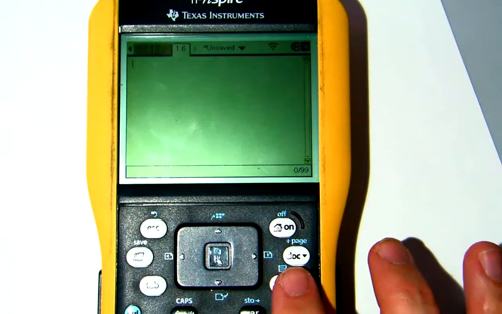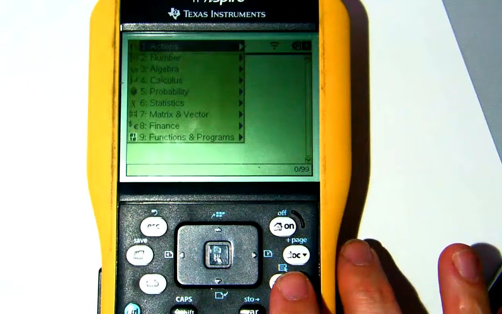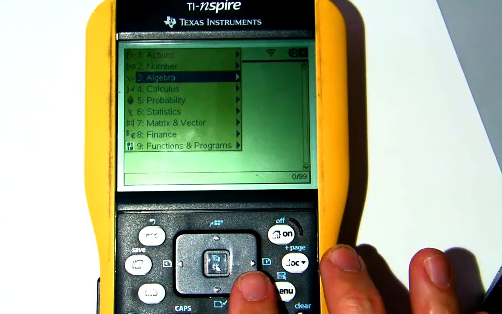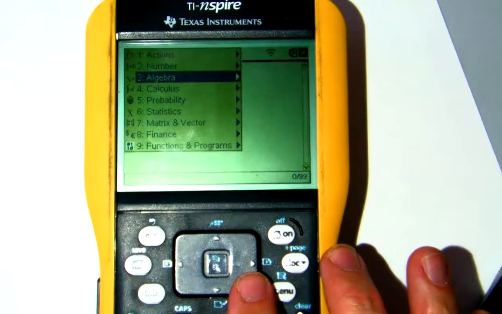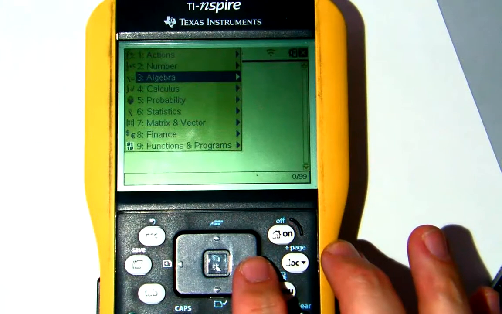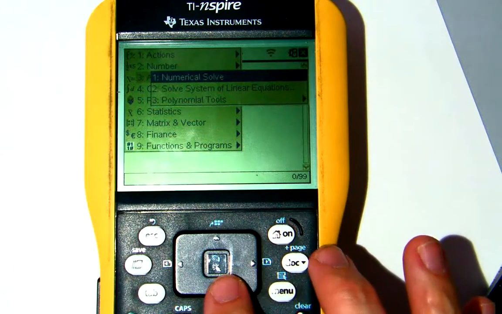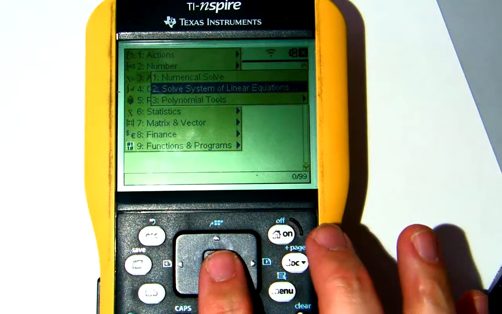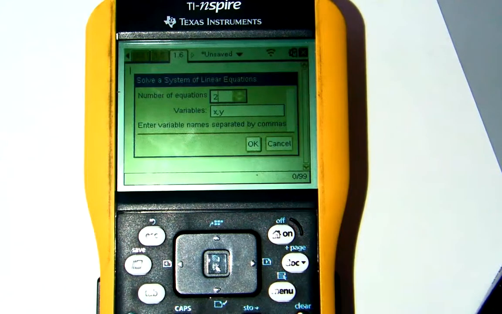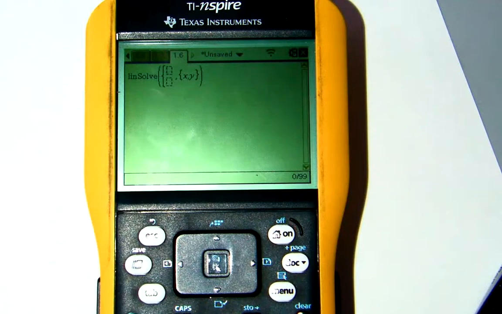Next, you're going to want to hit your menu key. And you will go and find algebra. And once you find algebra, as the screen focuses, we will go down to solve a system of linear equations. Click on that. We're going to solve a two-equation system, so we hit that. And what we'll end up with is,